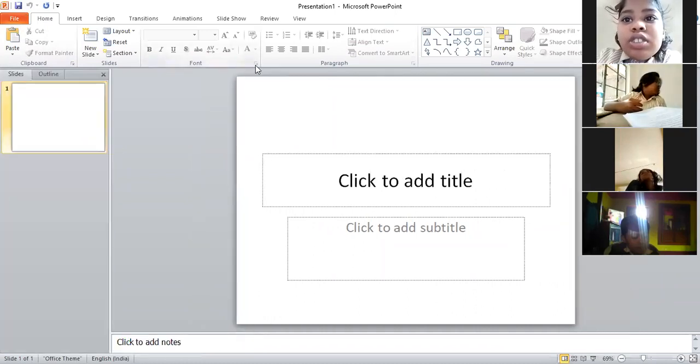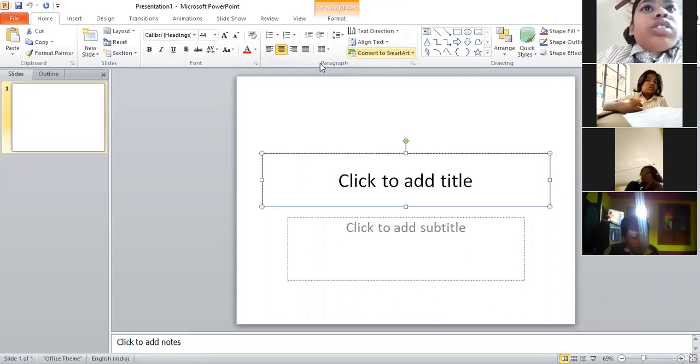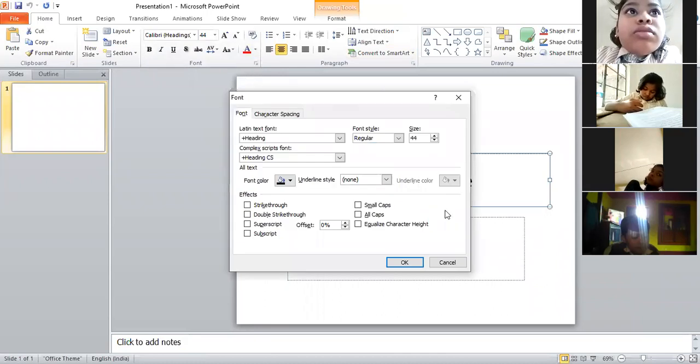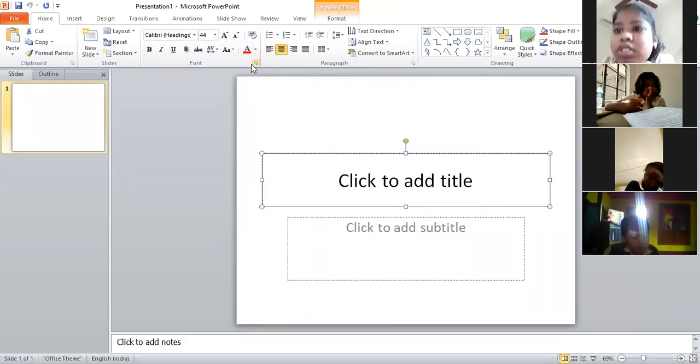If I click here, I can see this dialog box is open. The dialog box launcher is there in the right corner to open the more working functions.